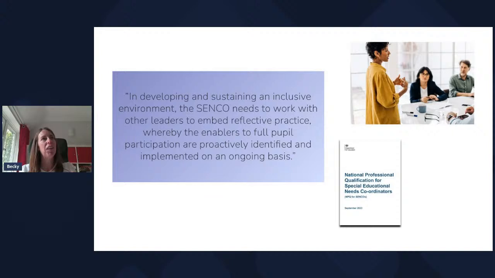And we provide training with SENCOs, and we often talk about SENCOs having a post-it note suit on, covered with post-it notes, because it's often, I'm concerned about this child, or this has happened, or how can I support this? That actually it needs to be more strategic than that. There needs to be that wider, consistent approach across the school with other leaders, establishing and sustaining their curriculum, making sure there is that ongoing support for pupils with SEND, and that real, like in the Ofsted toolkit, spotlight on SEND throughout the school.